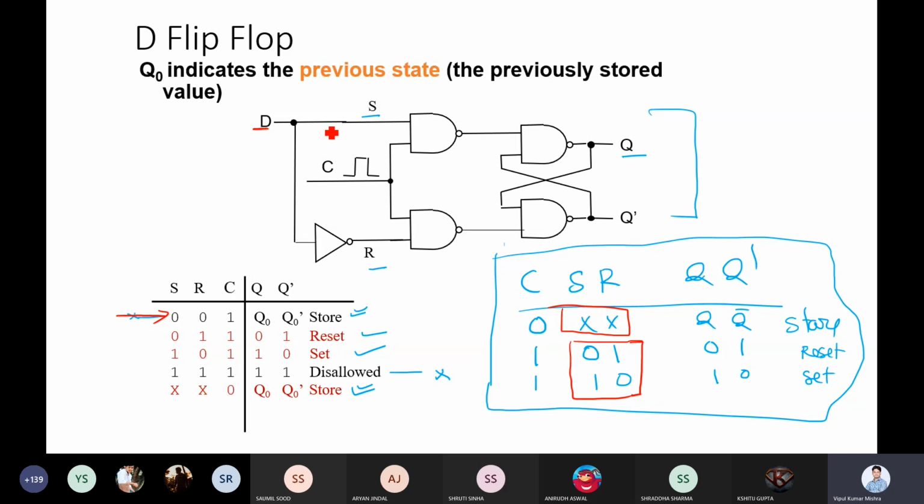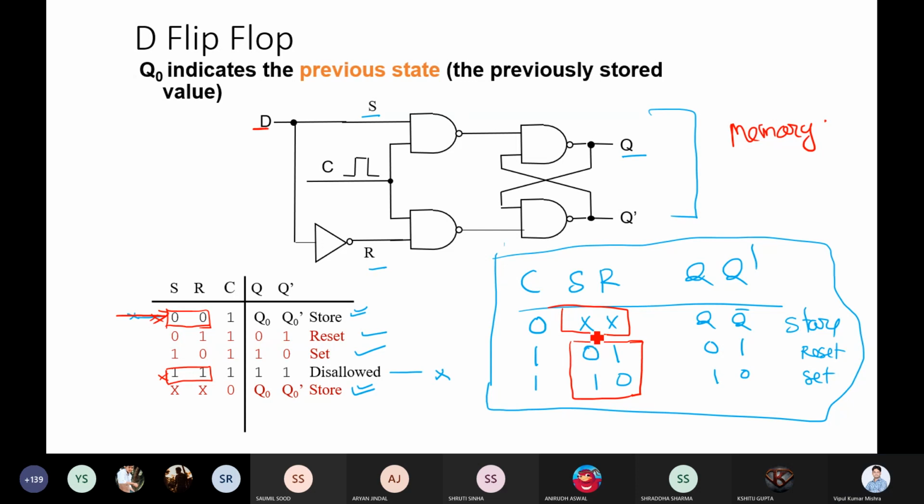No, because ultimately S will be 0, then R will be 1, and S will be 1, R will be 0. It is not possible that both will have the same value. So 0 0 will not be there, 1 1 will not be there. So we are left with only these values. So now in this circuit, this will act as a pure memory unit.